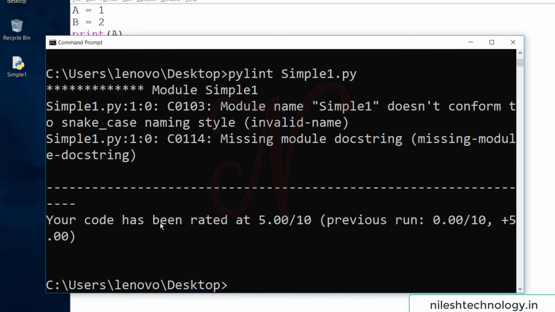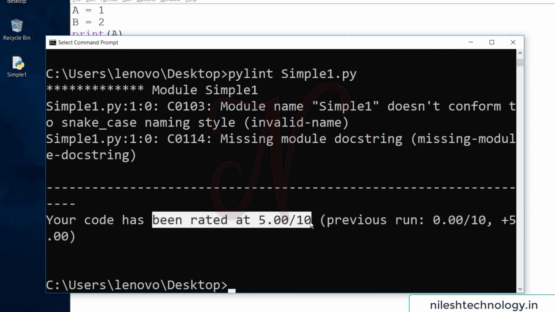Now here it is rated 5 out of 10. These are some conventional rules you must follow. Now there is one thing missing.